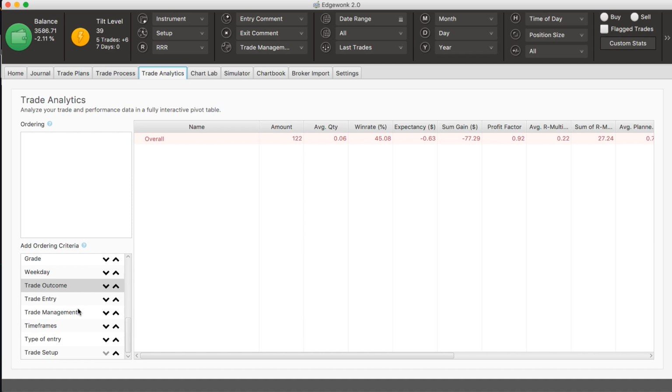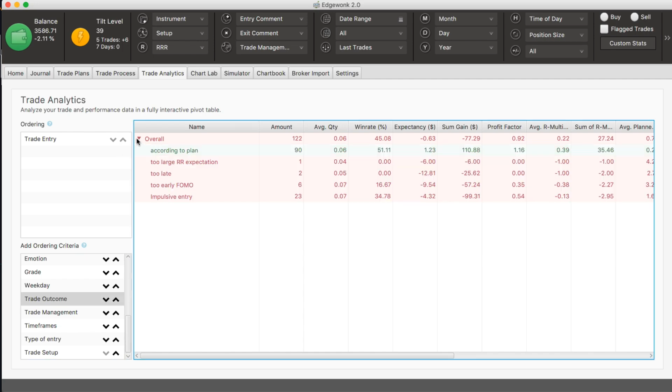So let's actually do that, and let's start with the trade entry comment. So we add this here to the trade ordering criteria, and now you get a breakdown of the trader performance. So here you can see the different comments, and what you really want to look for are big outliers. So for example, what you can do is look at the sum of the gain, and then you can order it, and you can already see that when you order it,